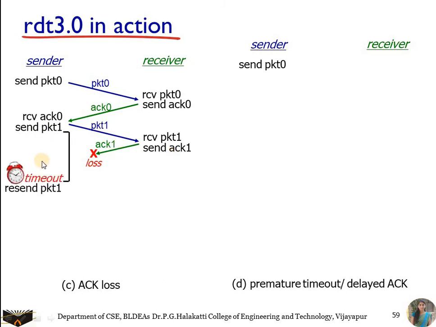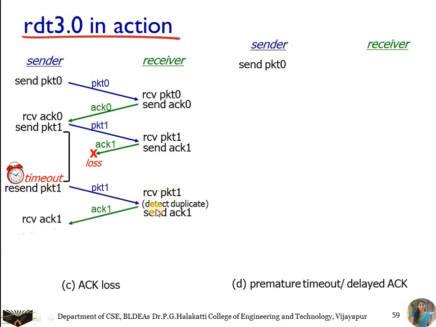So it will wait for a certain amount of time for the acknowledgement. As it does not receive the acknowledgement, the sender is going to retransmit the packet with the sequence number as 1. So it is a duplicate packet because the receiver is waiting for the packet with the sequence number 0. But again it has received the packet number 1, which it has received earlier. So as it is a duplicate packet, it will just send the acknowledgement to the sender, and it's going to reject the packet. This is the third scenario.